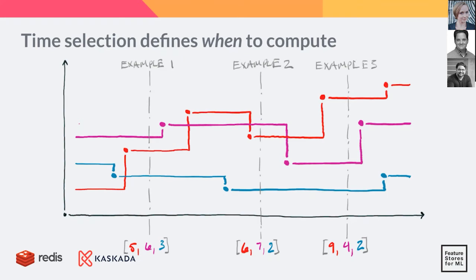Those event times are not global either. We're shopping at all hours of the day. So browsing late at night can happen, I do this often at 11 o'clock at night, and it happens within many time windows during the day. And this is part of the training data set: when to compute.